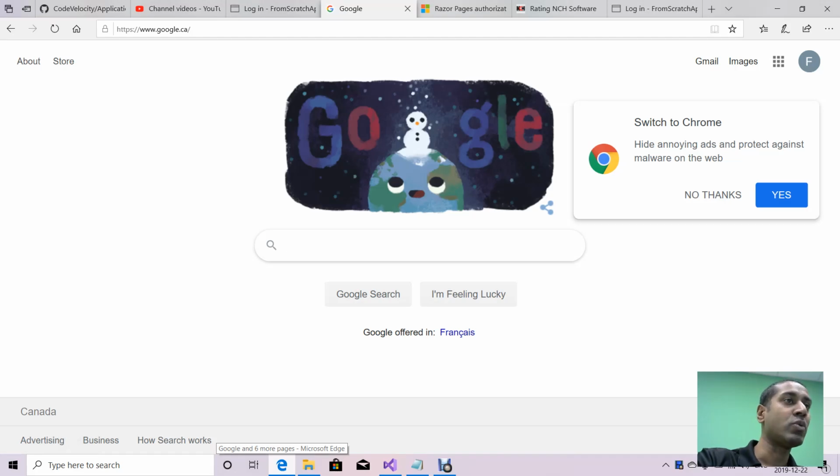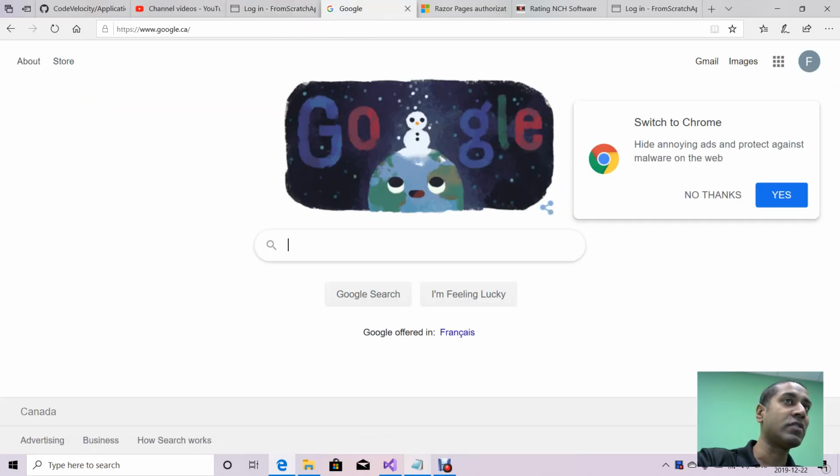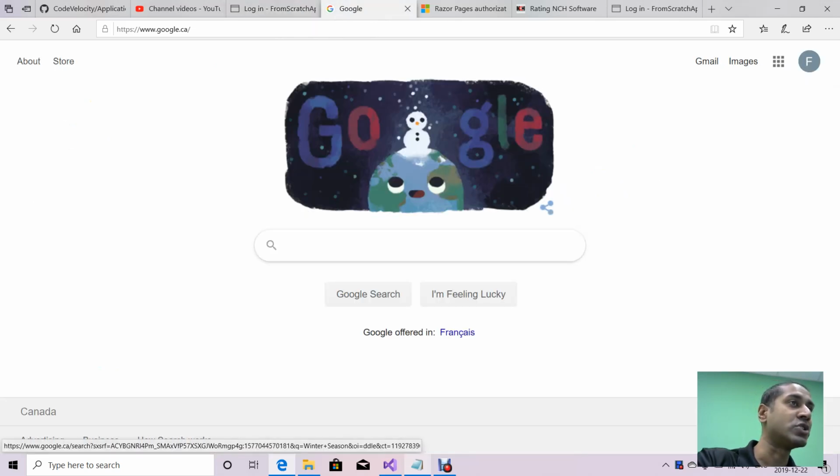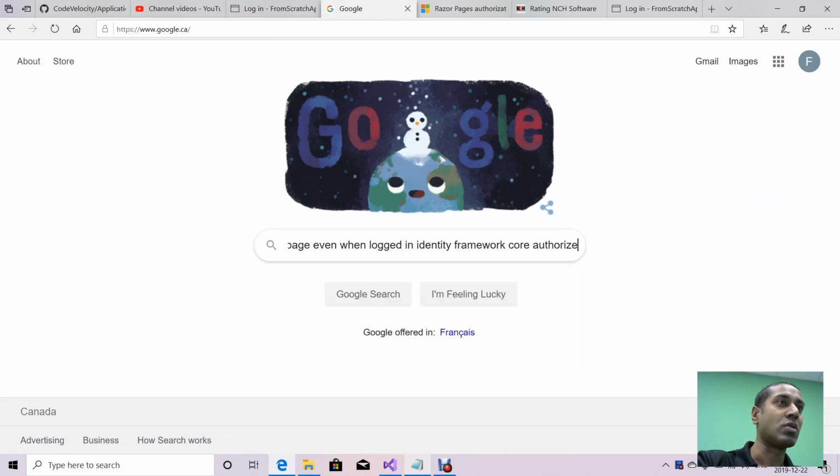Okay, so now we ran into an interesting issue in which even when we were logged in and clicked on notes, it would redirect us back to the login page. So in the cases that I run into a new issue that I've never encountered before, I would just type in to Google asking the question, "redirected to login page even when logged in, Identity Framework Core"